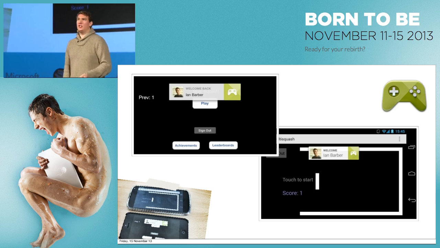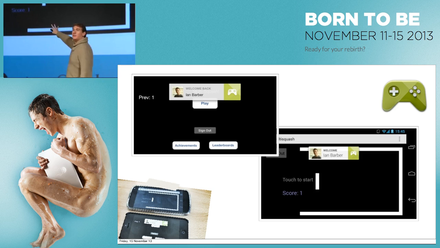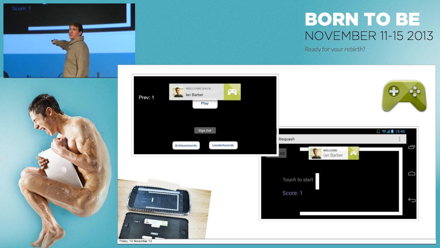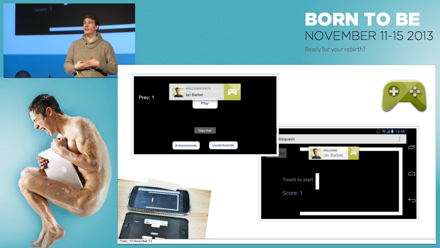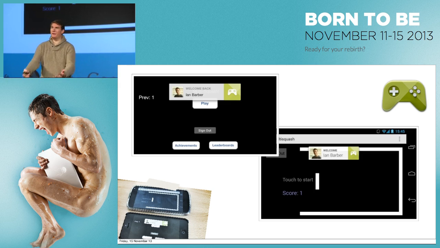You don't have to build achievements or leaderboards or cloud save or multiplayer matching because they're available by just requesting a scope. You just have to request access and you can tap in to the game service. That's very cool. That saves you time and it lets you focus on your game, which is what you want to be focusing on, not the stuff around it.